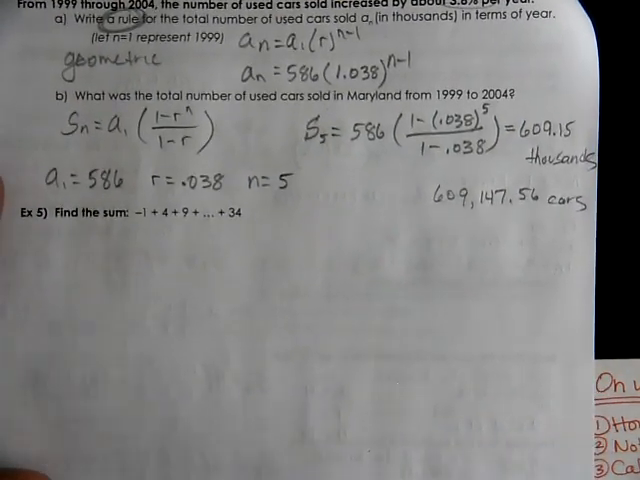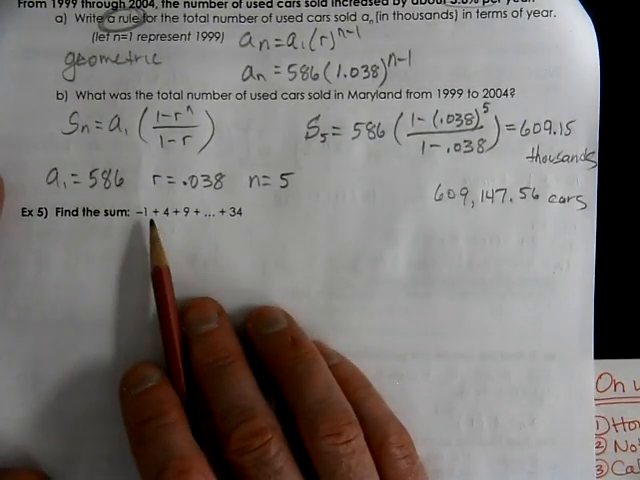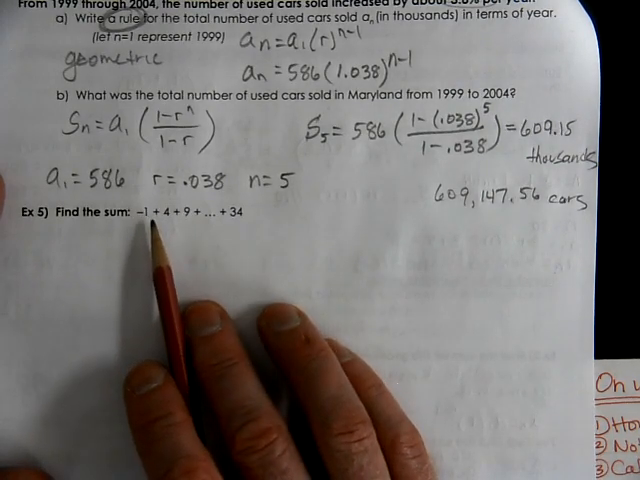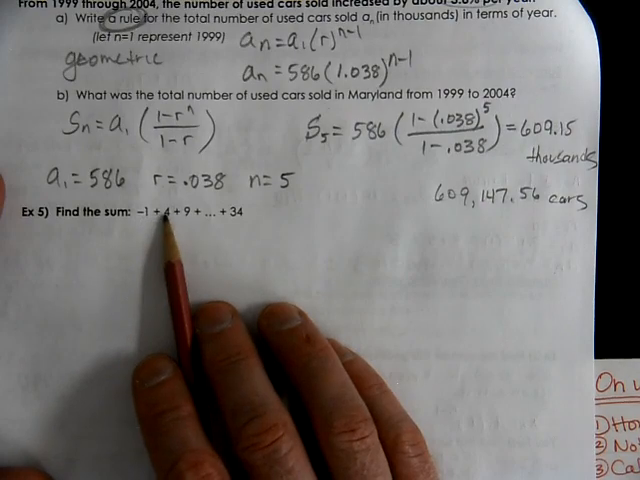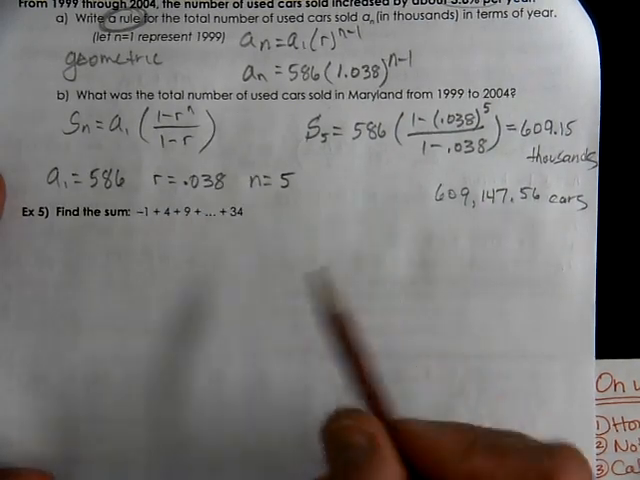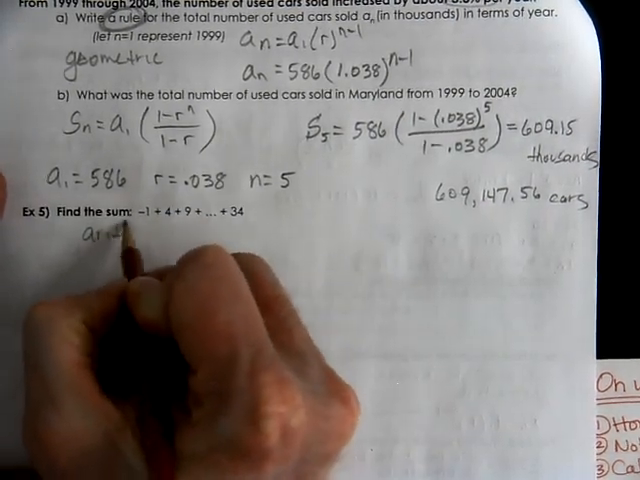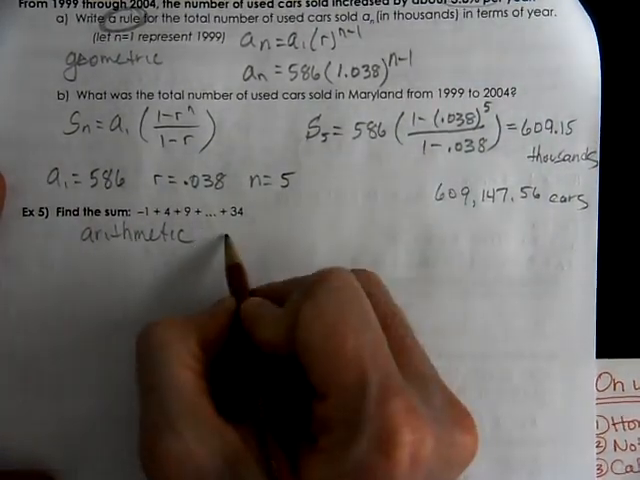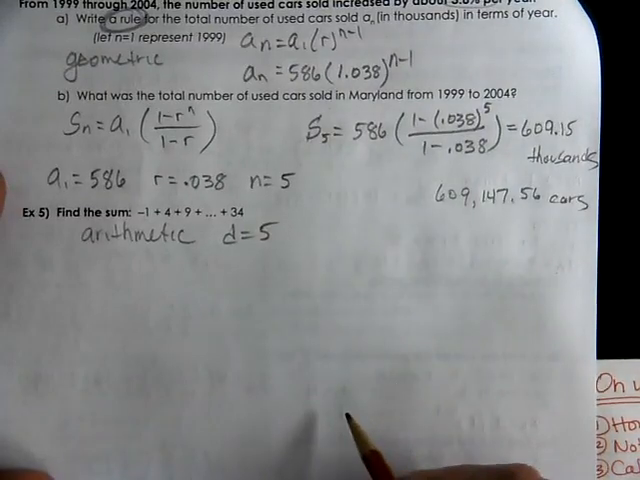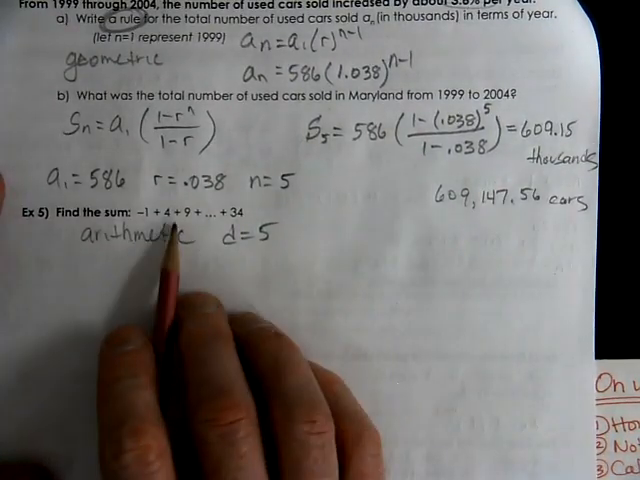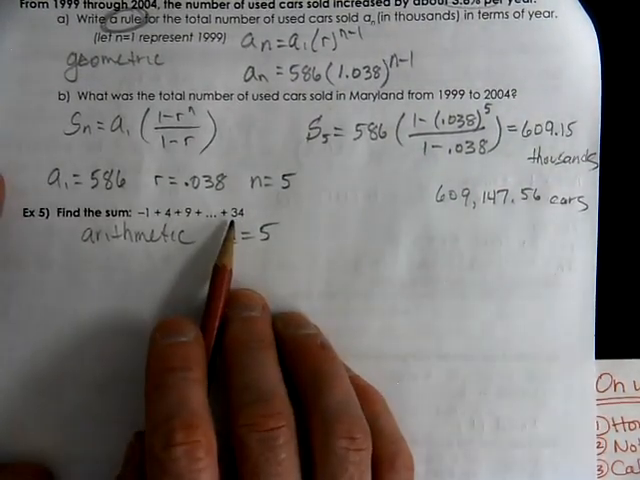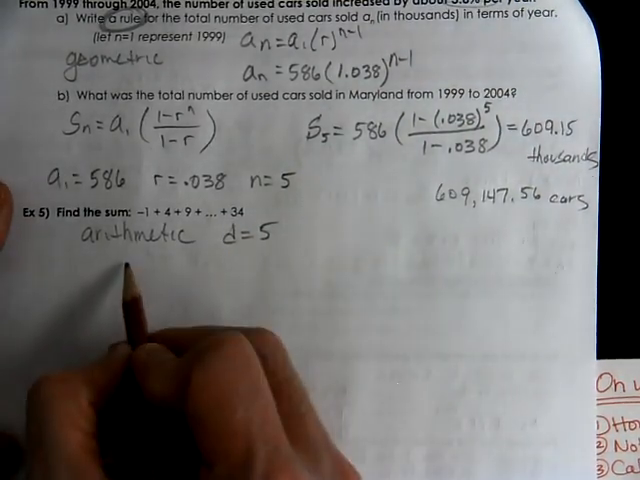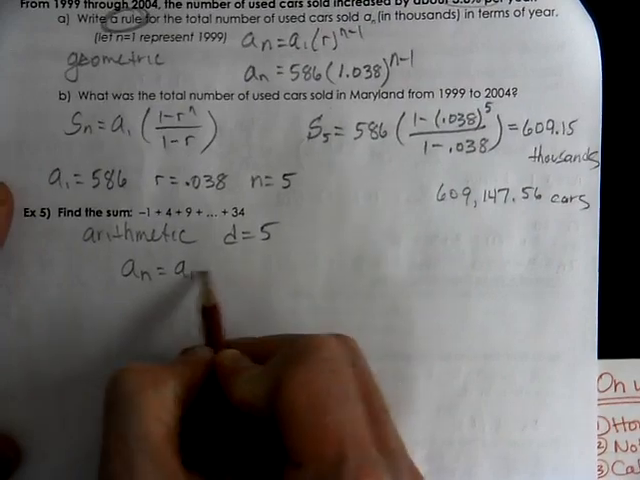All right, last one here. Find the sum. What do we have? Looks like we're going up by 5, then we're going up by 5. This is arithmetic with d equals 5. How many terms are there going to be to get up to 35? Well, if you use your formula,